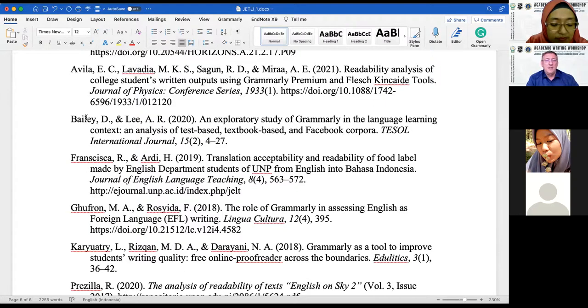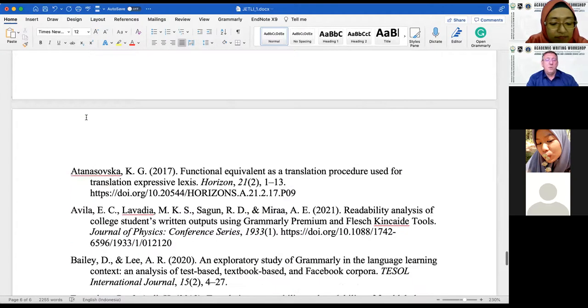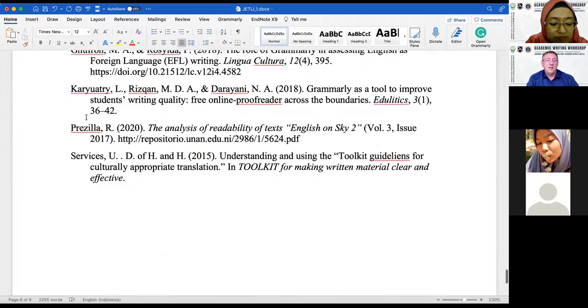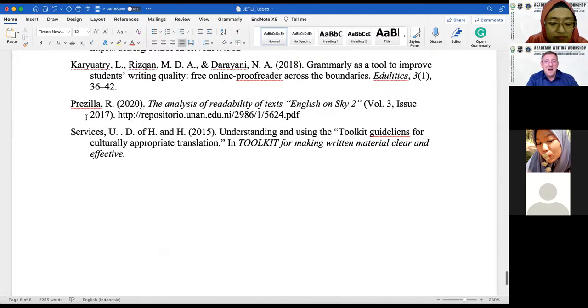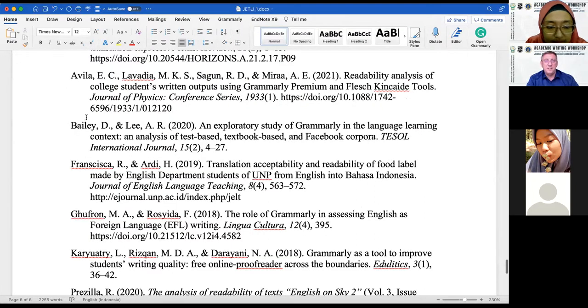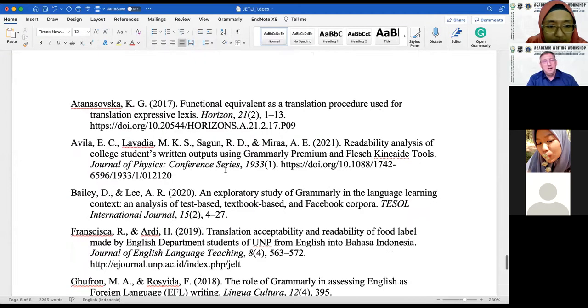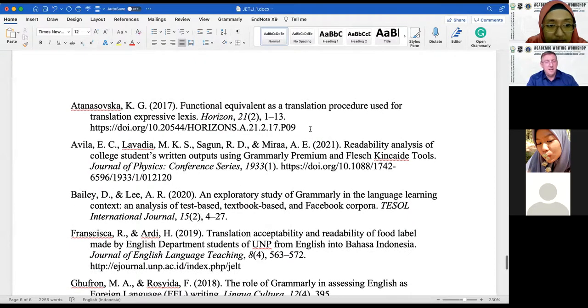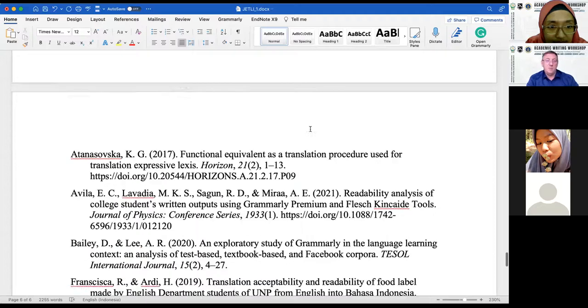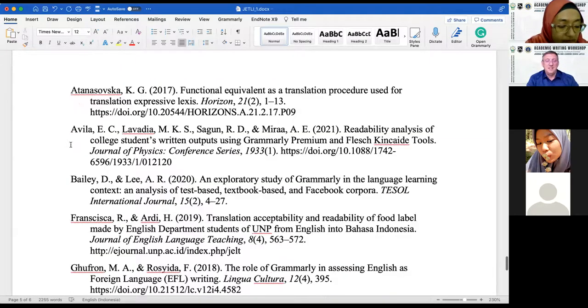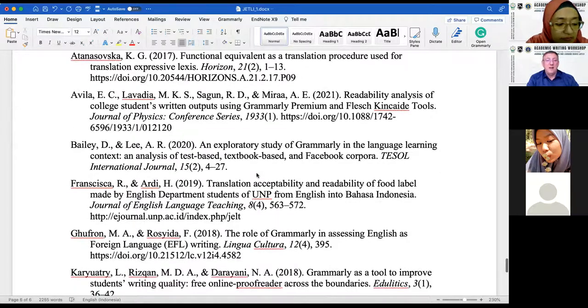Oh, wow, look at this. This is 1, 2, 3, 4, 5, 6, 7, 8, 9 references. Okay, I'm telling you, this person did not do a significant amount of background research. They just didn't. Look, out of 9 references, this one is missing the DOI.